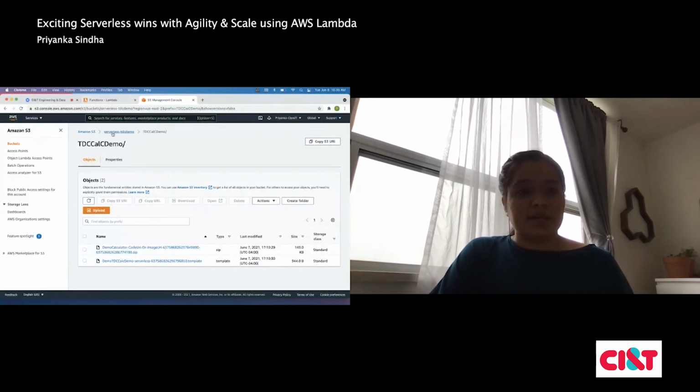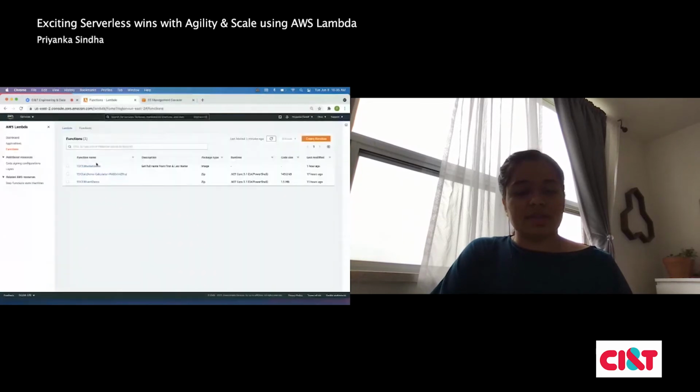And for the third one, the image type of function, it doesn't go to S3; it goes to the Elastic Container Registry. So when you have a Lambda function deployment package type as an image, it doesn't store that image in S3, it stores it in the ECR repo under AWS.